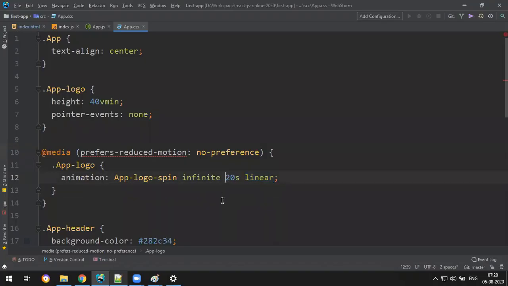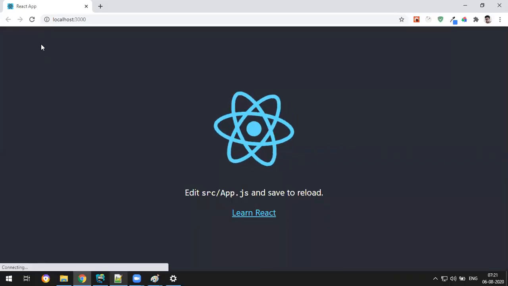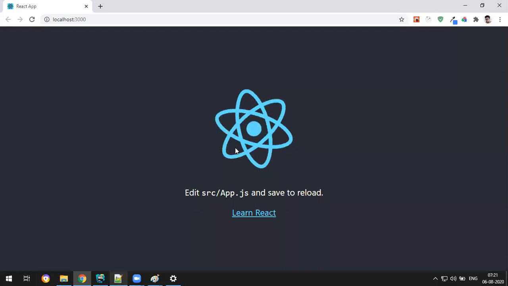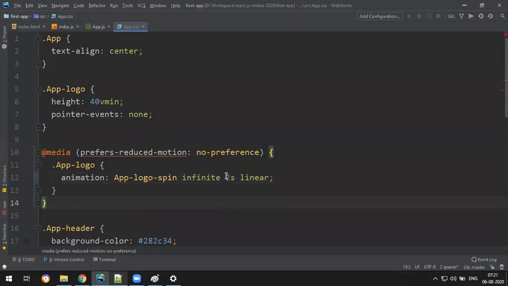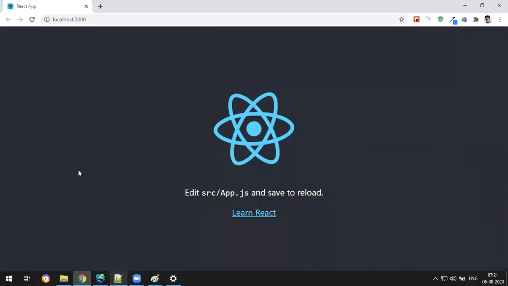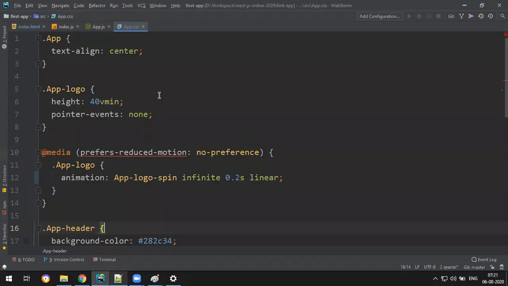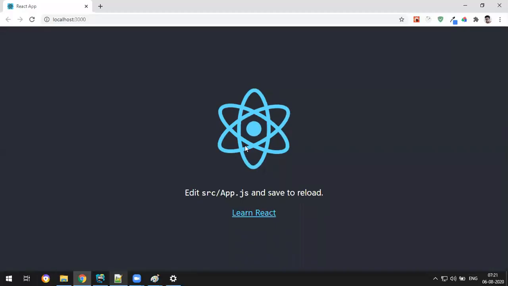Suppose I make it 10 seconds or 2 seconds. See, it becomes very fast, right? Suppose you make it 0.2 seconds, it'll be even faster. See, it's even faster. So it means your styling is coming from this particular CSS file.